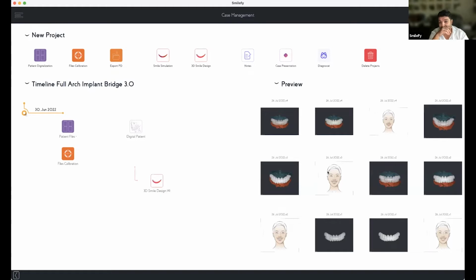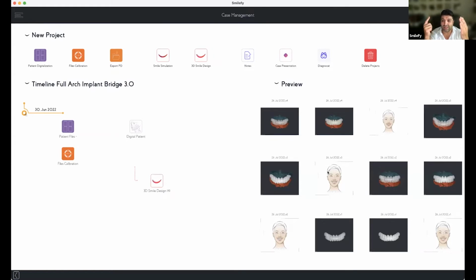Yes, so the way we calibrated before was intraoral scan to picture, and facial scan to picture. But that was not working because the 3D facial scan is distorted. It doesn't have the same size as the picture.